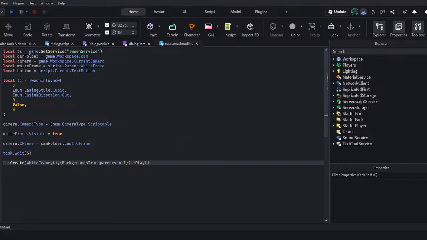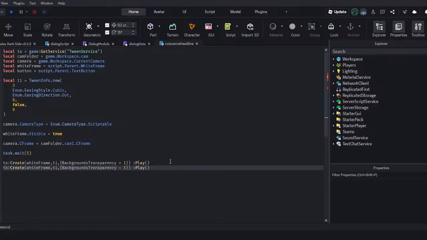And instead of this one, we can do Gatot jungle clean info. We'll keep that the same. And instead of changing the background transparency to 1, we'll do Gatot jungle keyframe equals